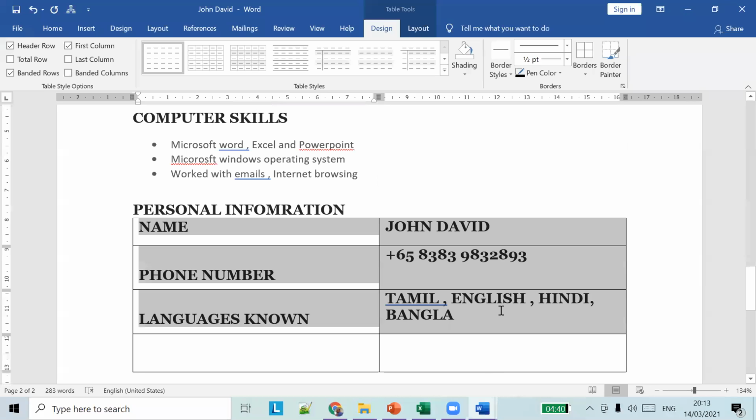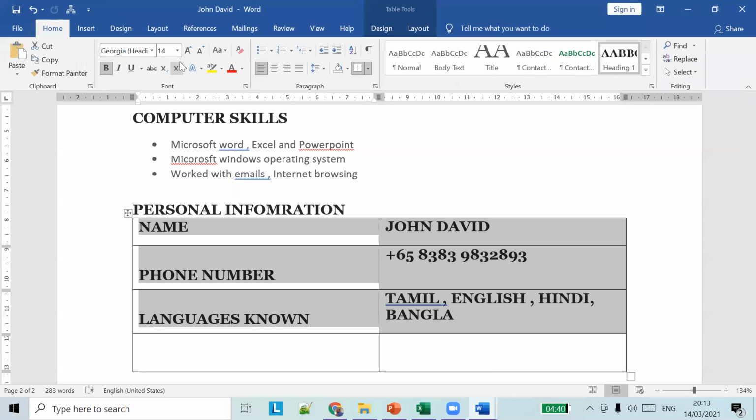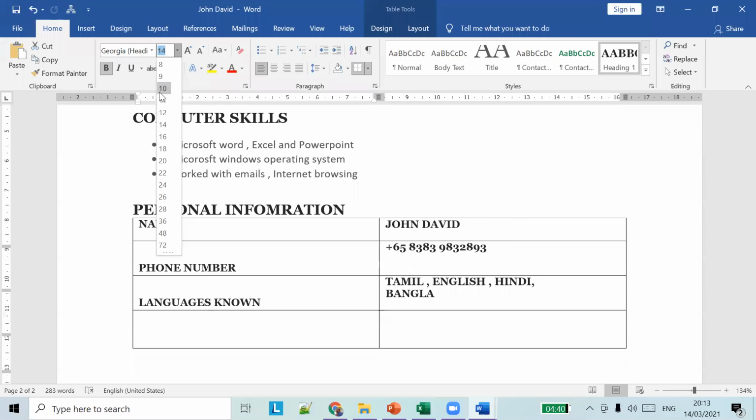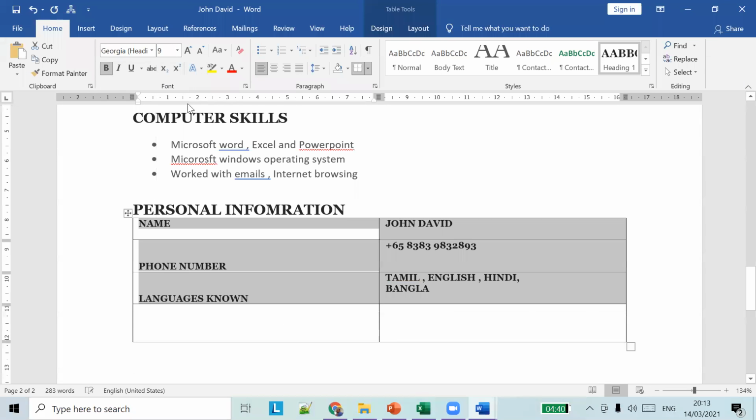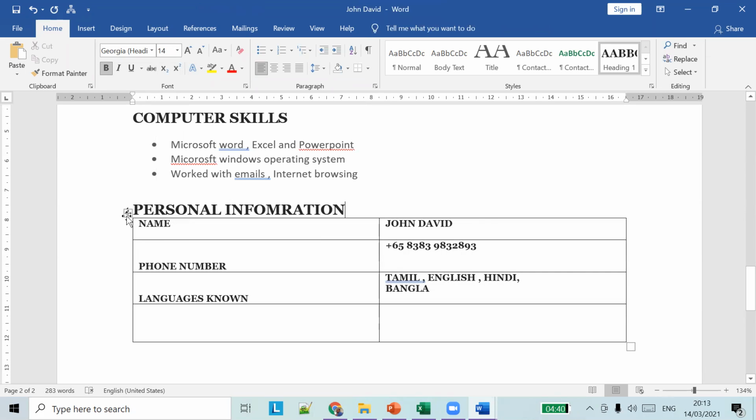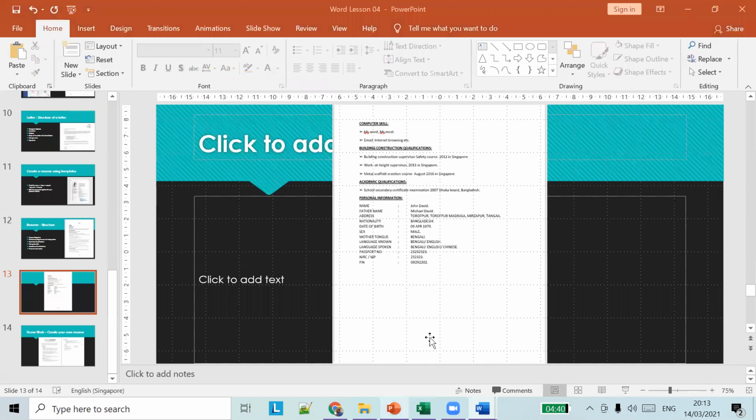So what you have to do is change the fonts also. So similarly you can add all the details. Okay, so there are a lot of details available. So you can add your sex, male or female, or your date of birth. You can add your passport number, your visa status in Singapore, your address and your nationality. All those details can be added.